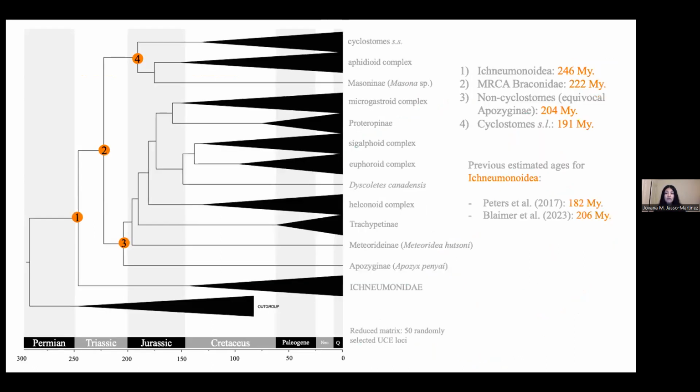At this point, we have also generated a very preliminary dated phylogeny of Braconidae using 6 fossil calibrations, from which 4 belong to different extant Braconidae families and the remaining 2 to extinct taxa. We estimated the origin of crown Ichneumonoidea, the superfamily Braconidae belongs to, in the Middle Triassic, older than the most recently estimated origin for the group. Specifically for Braconidae, we estimated the age of its most recent common ancestor in the late Triassic, with an age of